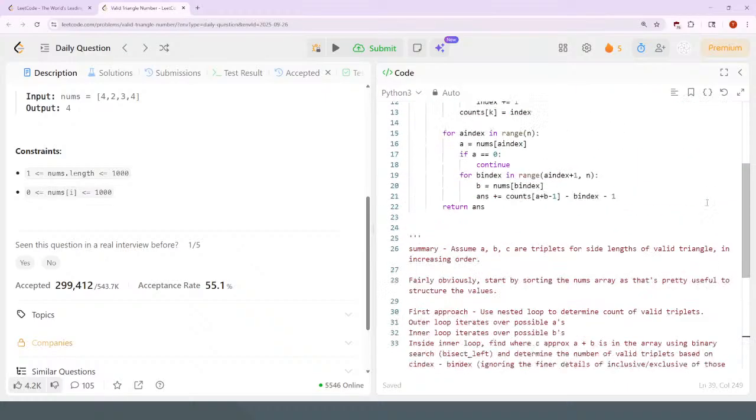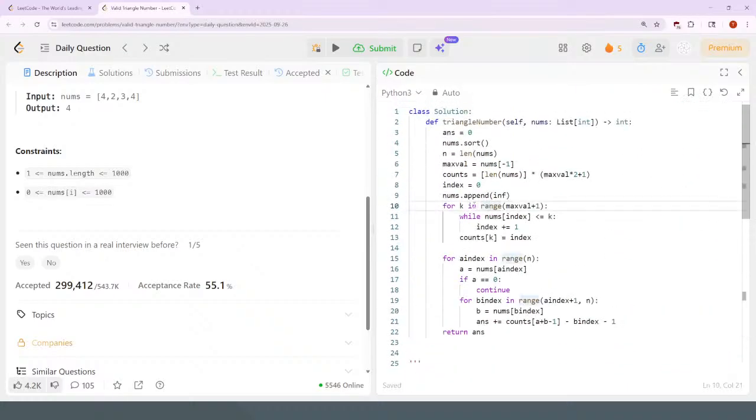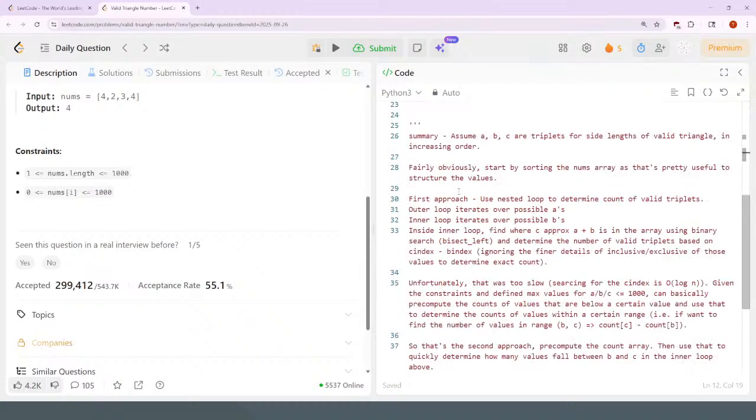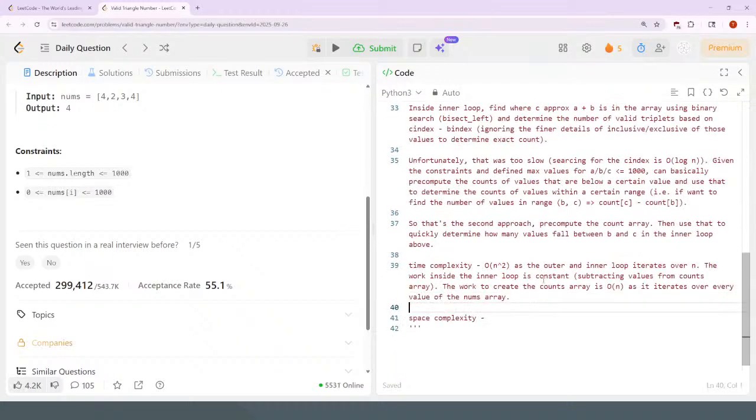Note here, this is kind of a two-pointer deal, but because the index pointer never exceeds the k pointer, the number of times the k pointer increments is at most the number of times the index pointer increments, so it's going to be just n times overall. Space complexity, this is going to be O of n, or O of a max of n,